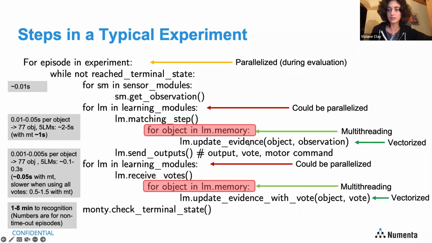But it still doesn't seem to give as much speedup as it should. For example, during the demo, you saw it seemed quite fast. But that was because we only had 9 objects in memory. When we have 77 objects in memory, it's basically a linear multiplier, however many objects you have in memory. Yeah, it's not going to help much because if your processes are all busy,